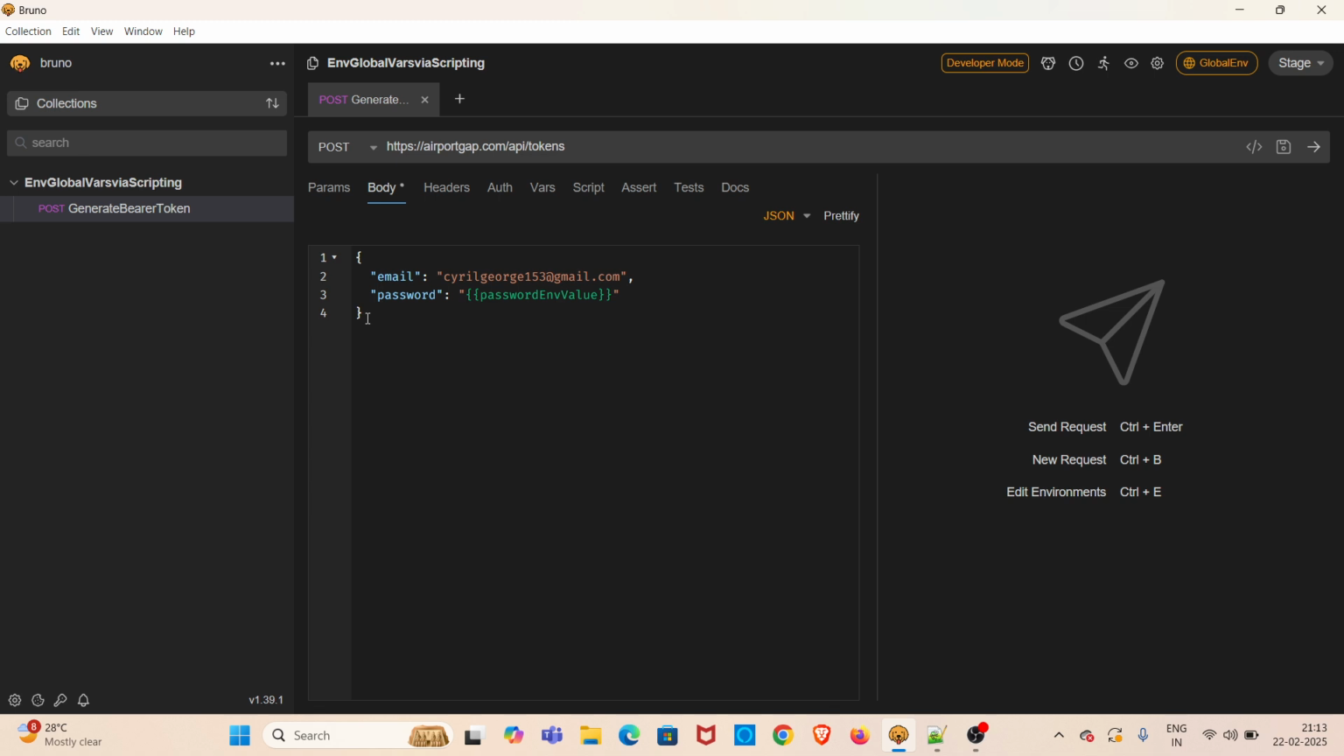When you hit this request, this particular API will be generating a token. We have to pass the email and password. Here the password value is coming from a